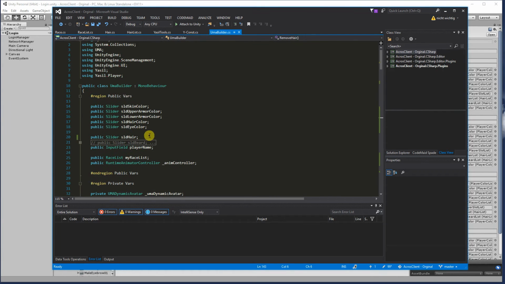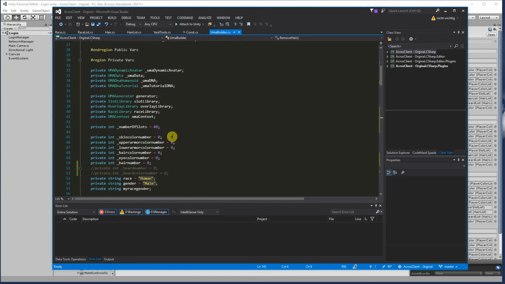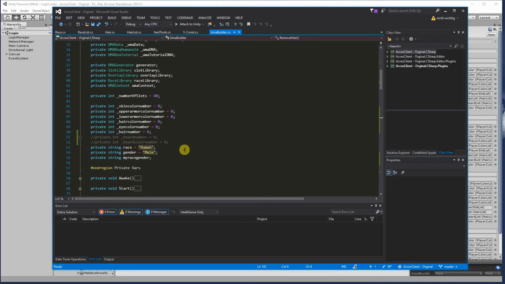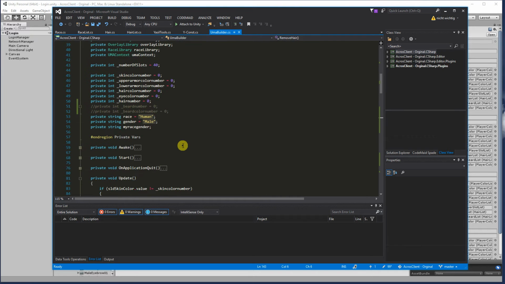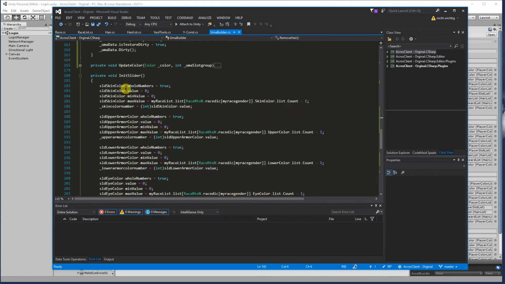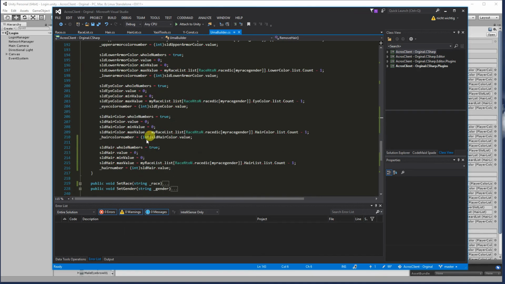We got a new public slider hair, and we got a new private variable hair number, and we just set it to 0 to be sure that there is a value. After that, we go into the slider, and that's also standard. We set the slider hair to the option whole numbers, so there's just 1, 2, 3, and no floats. And we set the value to 0, and the min value is 0 also, and the max value we pick